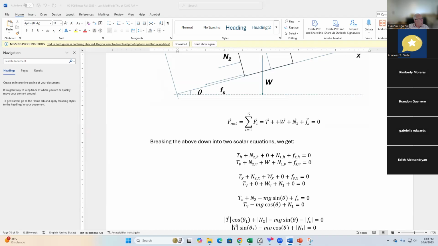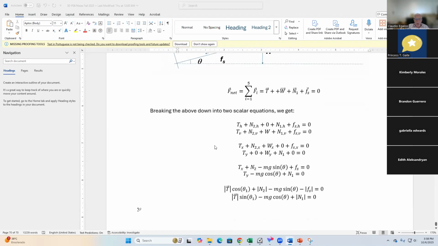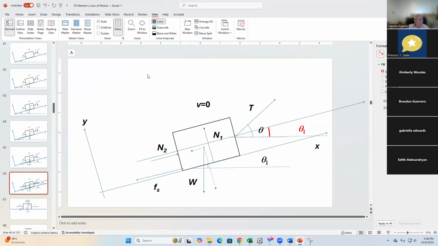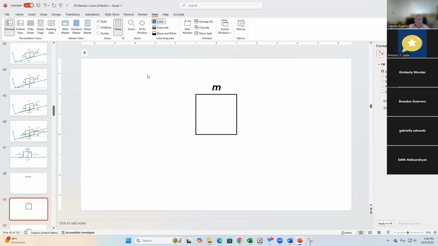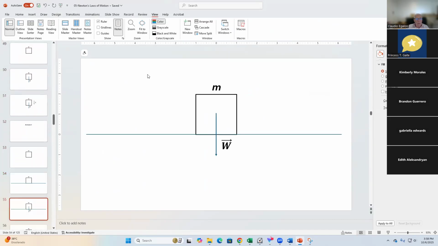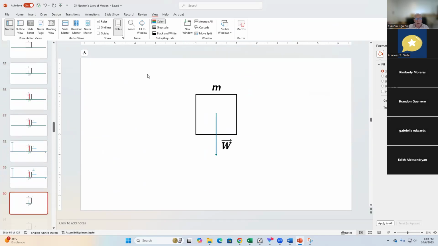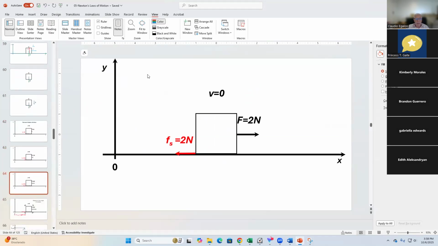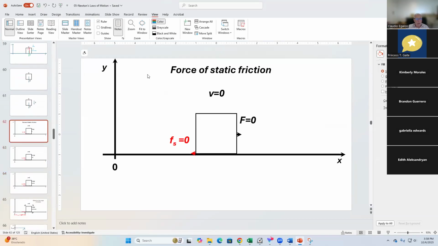I need to elaborate on the forces of static and kinetic friction as well. Let's see if I have it here. Two more minutes to go. Let's wait two more minutes, and then we go for a break. Example 1, example 2. I have better illustrations here. That's what I want to do next: force of static friction. Those slides are better.